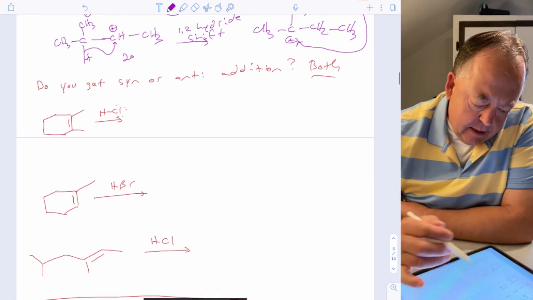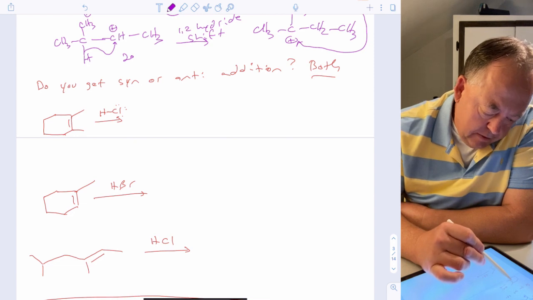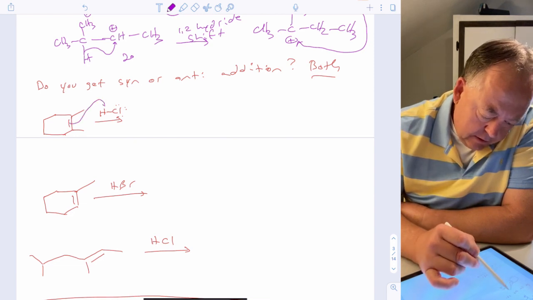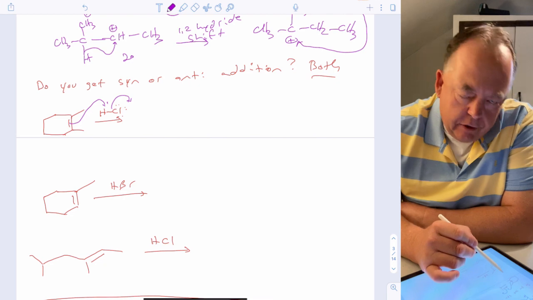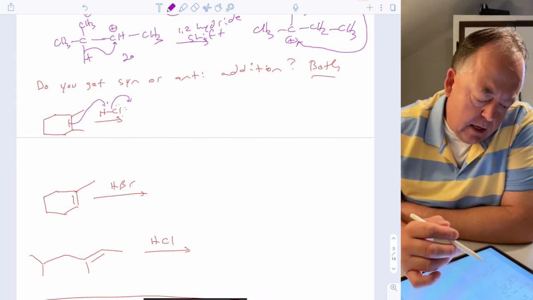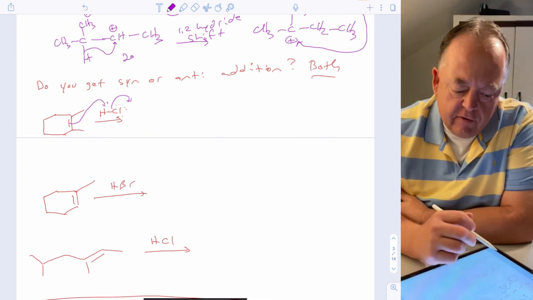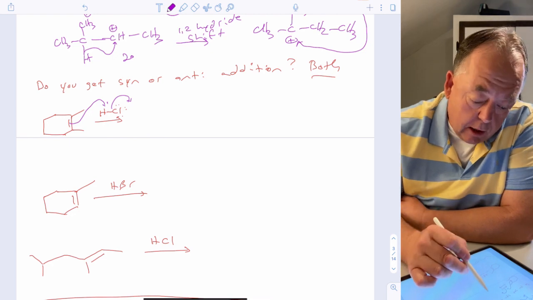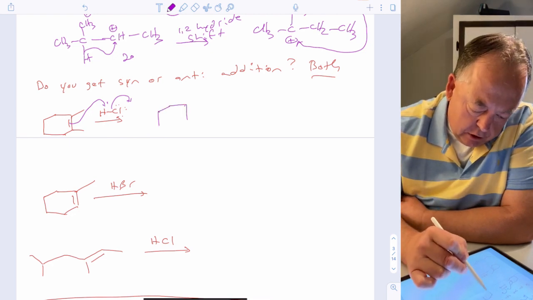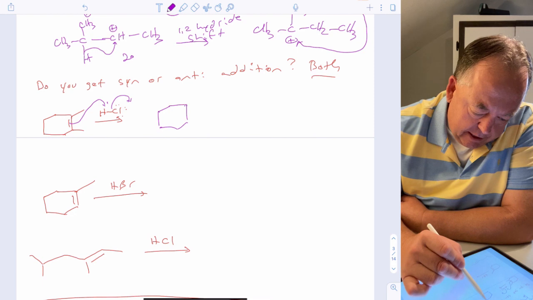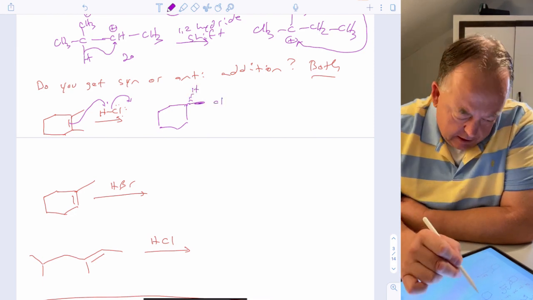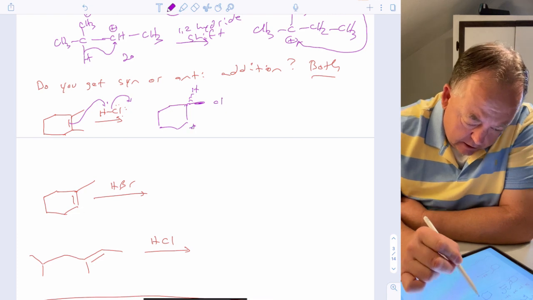Is it syn or anti? Well, it's both. In this case, it doesn't matter which carbon you add it to because neither carbon has any hydrogens. They both have the same number of hydrogens, so Markovnikov's rule doesn't apply. But I just wanted to use this to illustrate that. So you could add the hydrogen to the top or the bottom, it doesn't matter. But then you get a carbocation